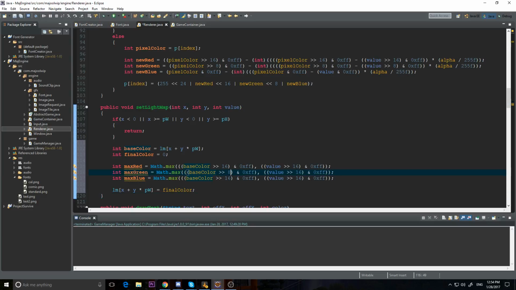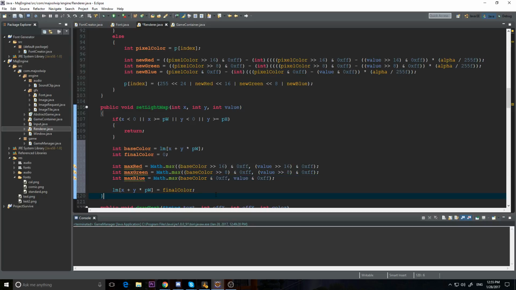So green is 8. And blue is no color at all, so we can get rid of the parentheses and the 16 and the bit shift, because we just want to end it with that. And we might as well get rid of those outside parentheses. In programming, I'm not sure how well Java is set up to do this, but the fewer parentheses you have, the better it will run, usually. I know it's true for C, but Java is a bit of a weird language. And I don't know if it gets rid of them when it compiles. We'll just do that just in case. It makes it a little faster having less